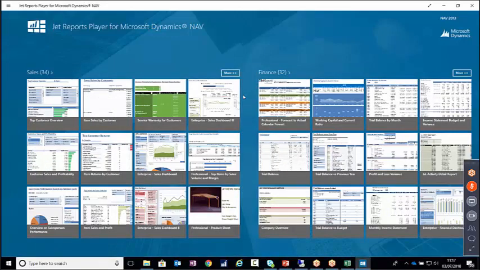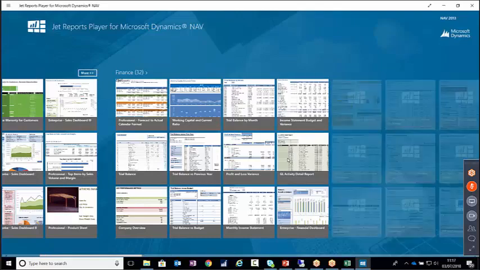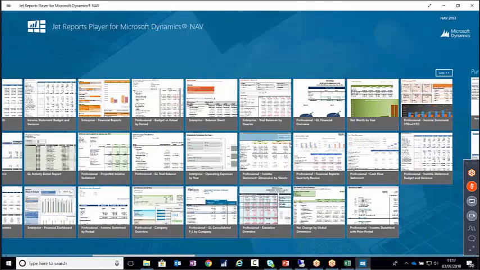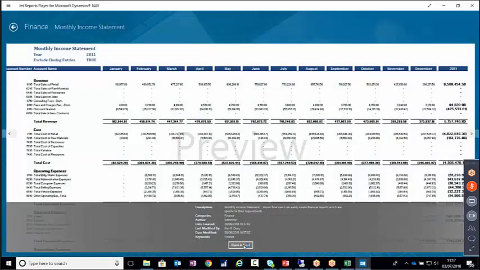So the first report that I wanted to show you is the monthly income statement, and that is a finance report. So that will be in this section, and that's here. So you can show more, and in fact, let's just do that, just to show you all the reports here that you can get in the finance section. But that report is just here. So if I click that and press open in Excel,